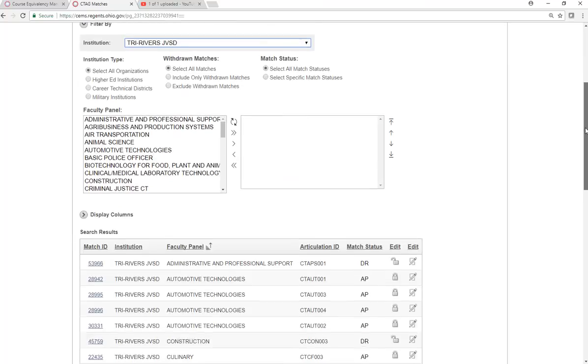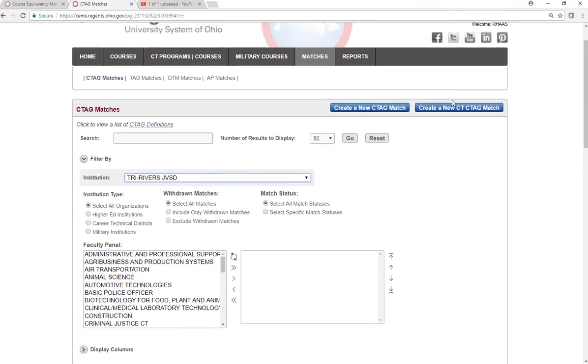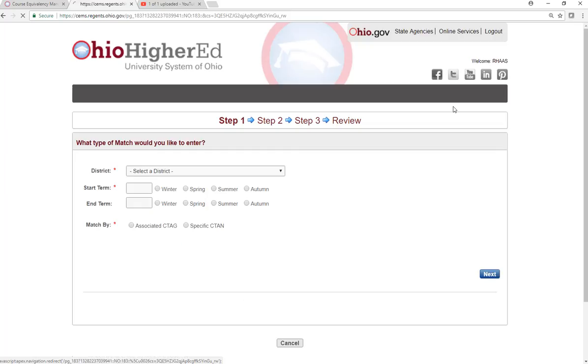Just as a reminder, anytime you have a match, you'll see your list of matches. You can hold the mouse above the status code to see what that means, and the code that you want is approved. You can still edit matches anytime the padlock is unlocked. I'm going to create a new CTAG match,